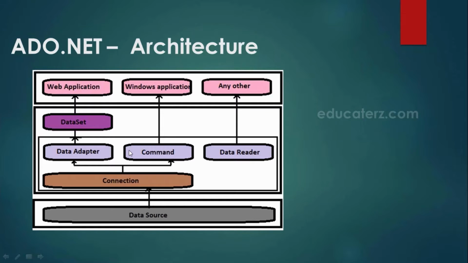And what are the data providers? The .NET framework includes mainly 3 data providers for ADO.NET. They are: Microsoft SQL Server data provider, OLEDB data provider and ODBC data provider. These are the 3 mainly used data providers. The name itself is self-explanatory. Data providers, meaning that they are providing some data, like SQL Server. The other two are OLEDB and ODBC.